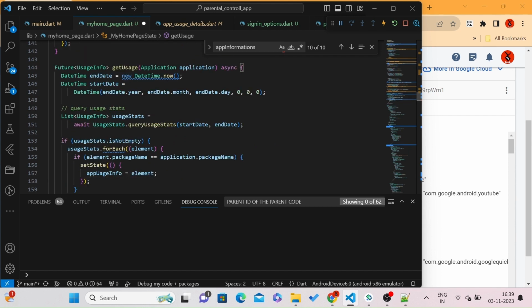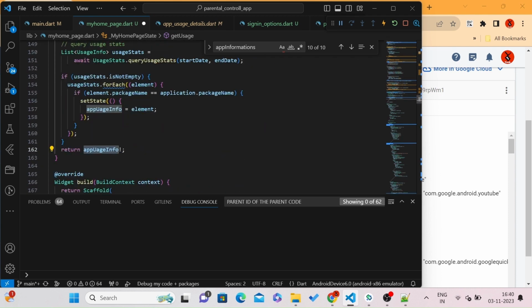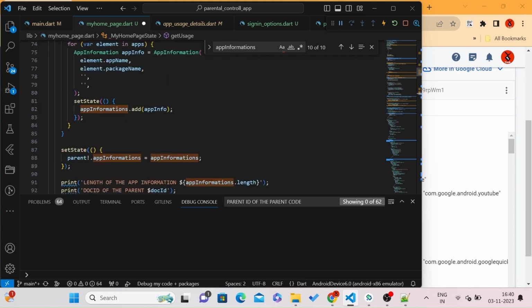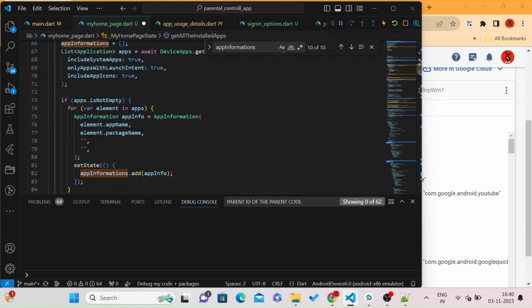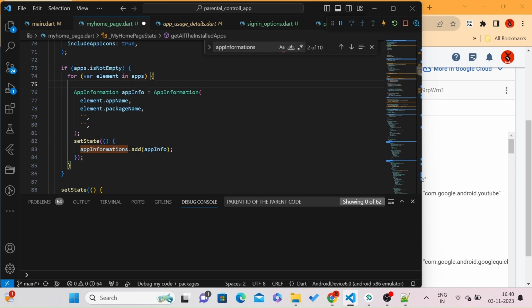Okay, so once I get this app usage info from this package, I am going to copy this get usage method and call that method in this method, inside get all the installed apps. Why? Because we are going to set the last screen time and the total screen time in our app information object, and we are going to add that into our app informations list variable. Before that, I will call that method here by passing element. Element is nothing but our